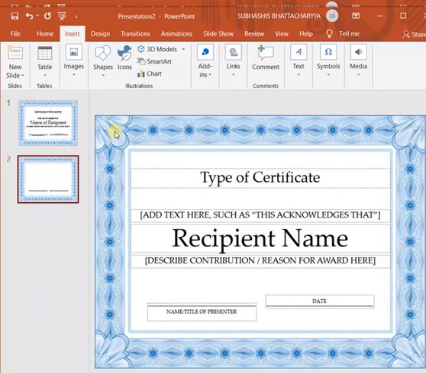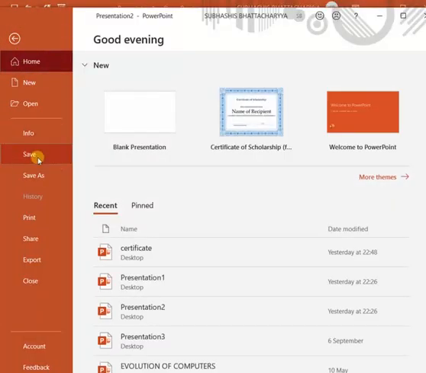Now we will save the slides. For saving the slides, you can go to the quick access toolbar and click on the save icon, or the shortcut key is Ctrl+S, that you can also do, or you can go to file and then click on save.